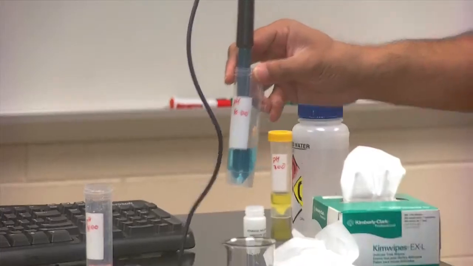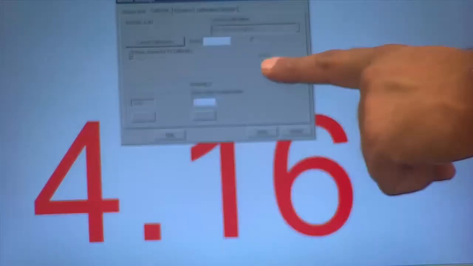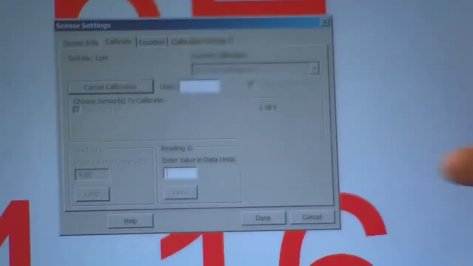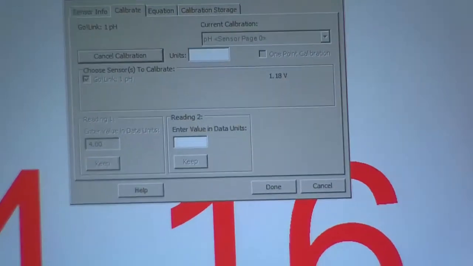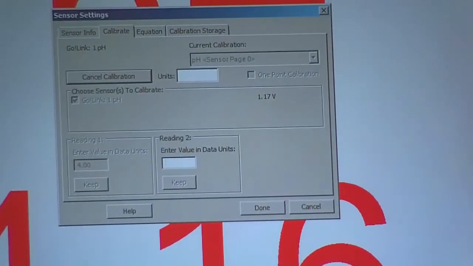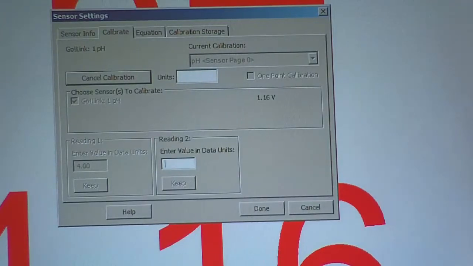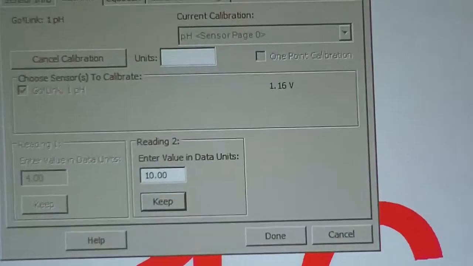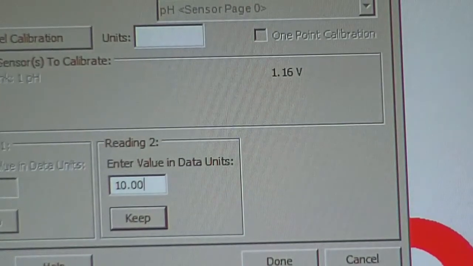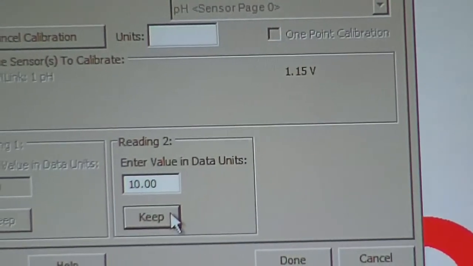Let's go back to our computer. Notice my voltage. It's changed. Previously it was at 2.5 or something. Now it's gone down. So it's measuring a voltage or a potential. I will go to reading number 2 and put in my value. I've stored this into a pH 10 calibration buffer according to the manufacturer. So I'm going to tell the instrument that what I put it in was a solution of pH 10, so 10.00. Hit or click on keep,